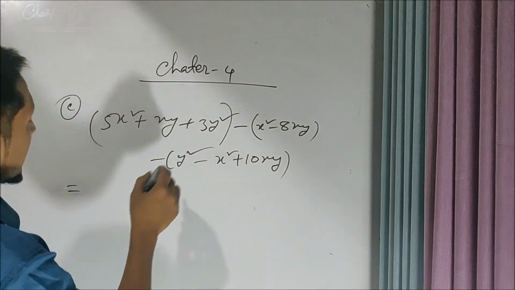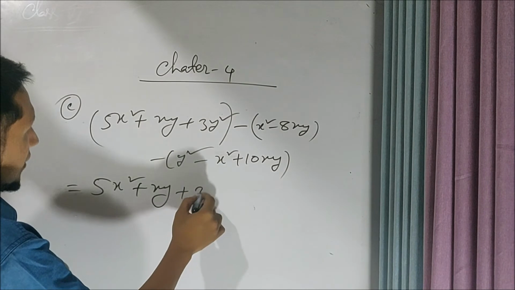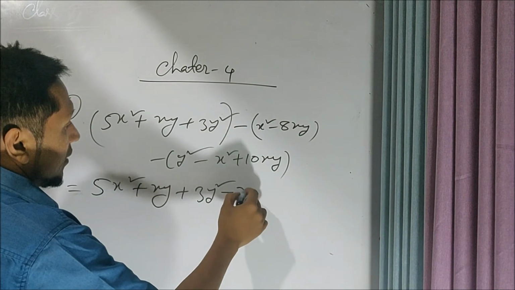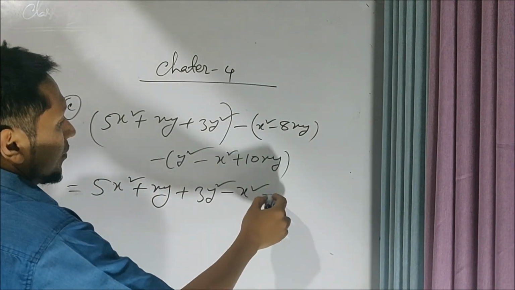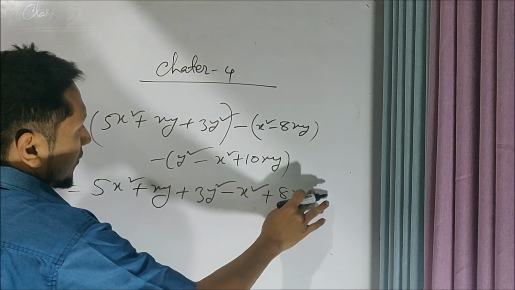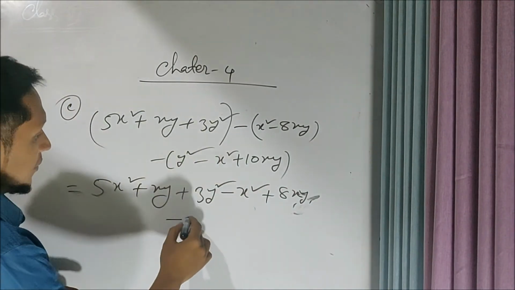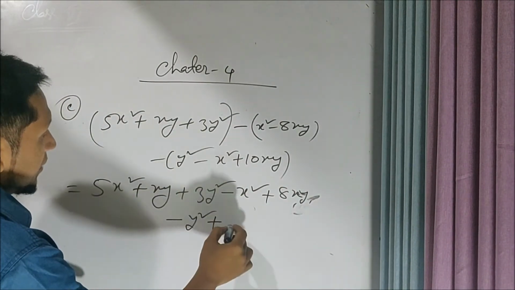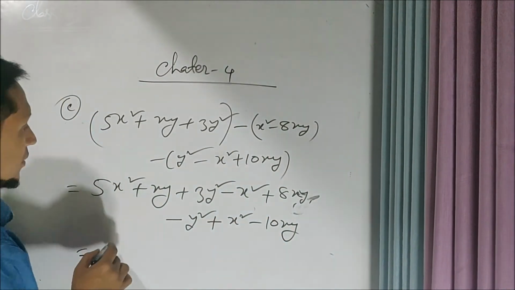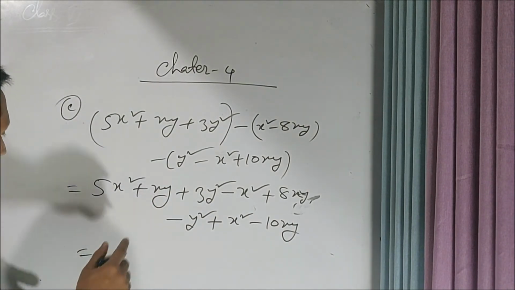So let us simplify it. First we will remove brackets from these expressions. You know, if there is plus sign, then we can remove the bracket without any change. But if there is minus sign, the sign inside the bracket will have to be changed. So minus xy will be plus 8xy, and there is minus sign here also. If we remove bracket, it will be minus into minus, that is plus x square, and minus into plus makes minus 10xy. So if we rearrange them or add them, then we will get the desired simplification.